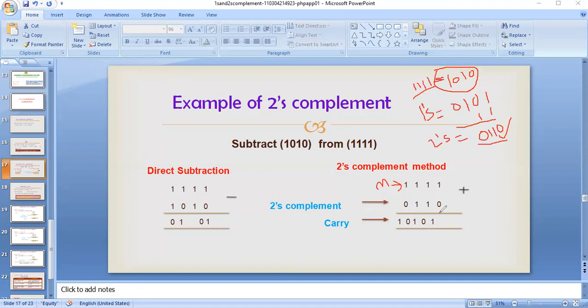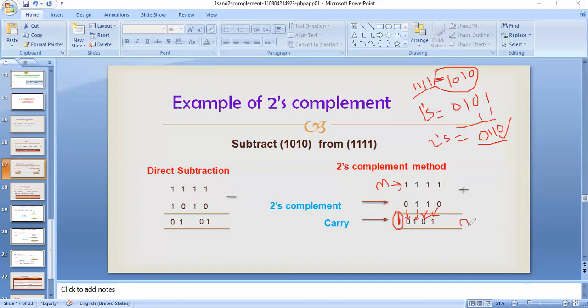See, you have to add 1 plus 0, then 1, and 1 plus 1. 1 plus 1, 1 is the carry, 0 is the sum. Next we have 3 ones here. If we add these 3 ones in binary addition, we get 1 as the carry and 1 as the sum. After that we have 2 ones. If we add these 2 ones, 1 is the carry and 0 is the sum. See, in this problem we have an end carry in the result.